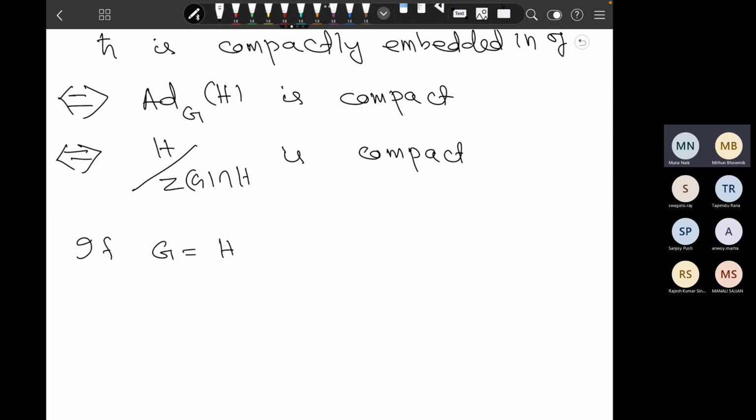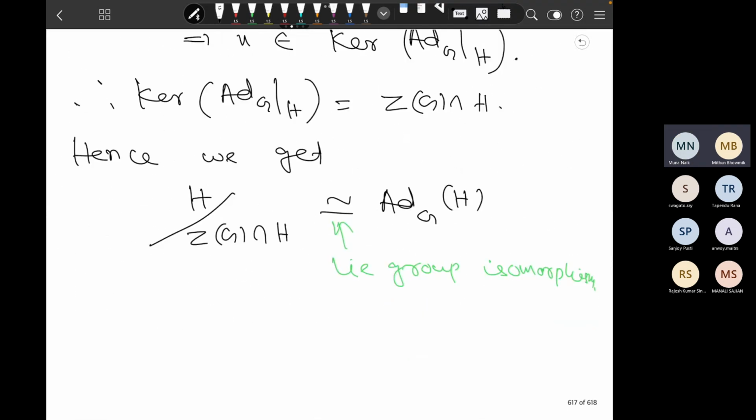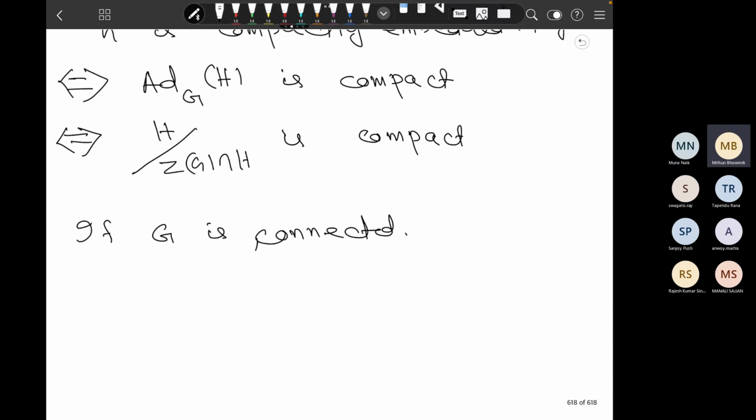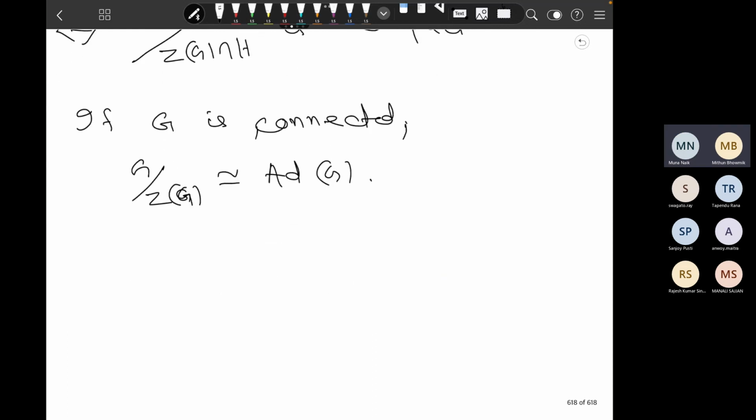G is equal to H, say, then what will I get? G is equal to H. Okay, if G is connected, if G is equal to H, then G mod ZG is really isomorphic to RG. Okay, and this Int G, I will get what? Int G is equal to RG, because